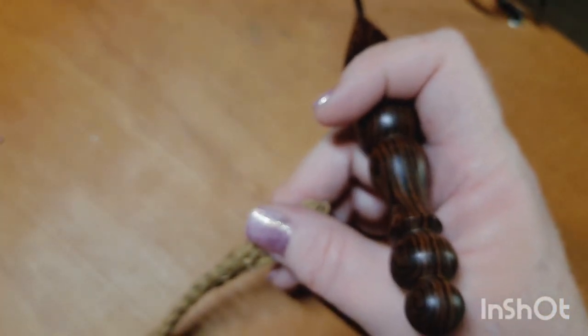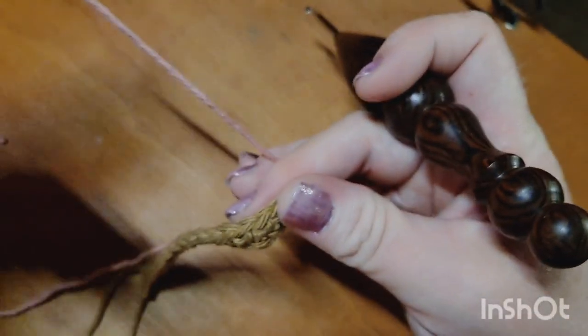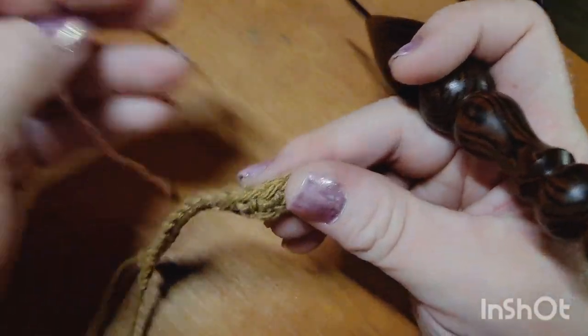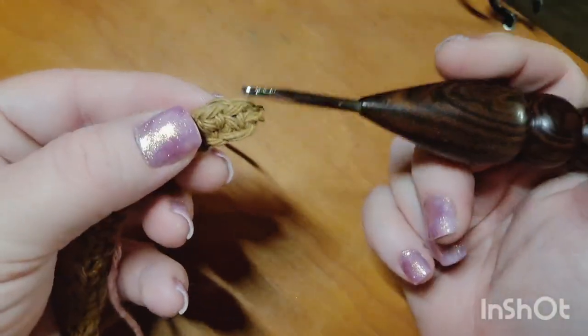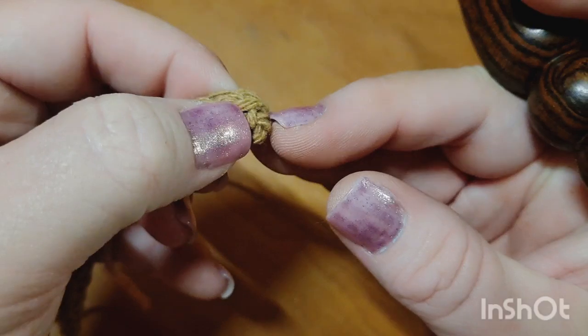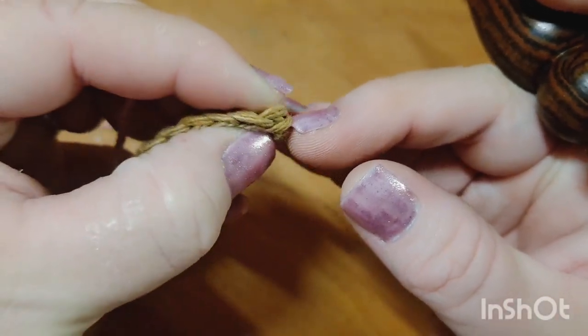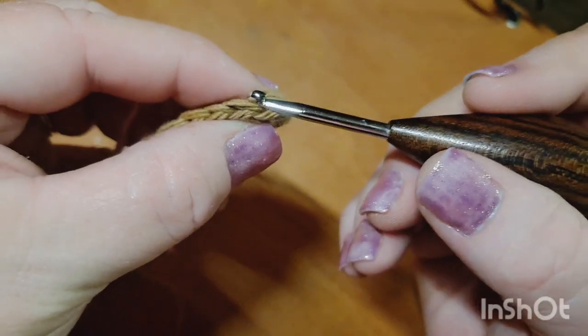color B. And I'm about to show you how you will join on your yarn every single row. So you select your color B, and then we are going to return back here to the first stitch of the row, making sure that we ignore this little side bump. That's our turning chain that we use to start row 1. So we're going to scoot that down out of the way, and you will see that that leaves you your